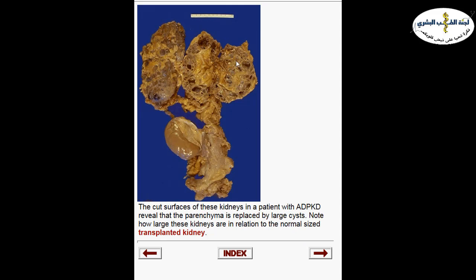Now this is the cut surface of the left kidney from this patient. You can see there is no healthy renal tissue at all. It is all replaced by small cysts. And as a mode of treatment, initially they may undergo renal dialysis. But later on, what we do for these patients is to find a good donor and do a kidney transplant. And here we can see a transplanted kidney in this patient. Look at the healthy transplanted kidney, and compare the size and appearance of this normal healthy kidney with the large size and cystic appearance of the kidney in autosomal dominant polycystic kidney disease patients.